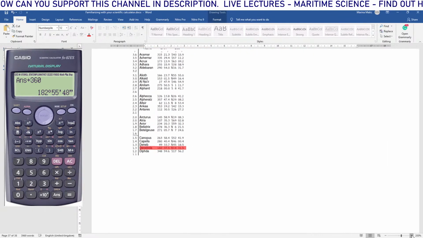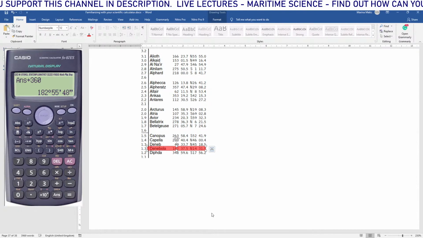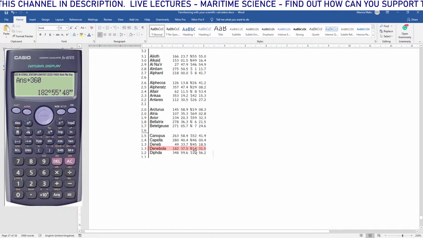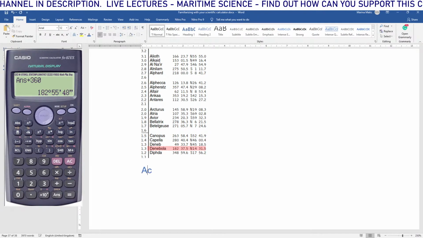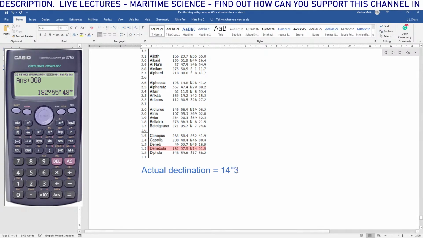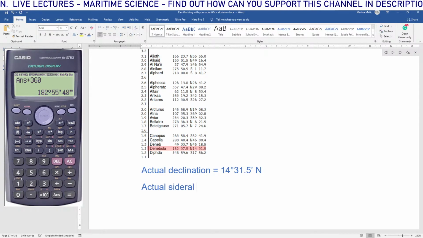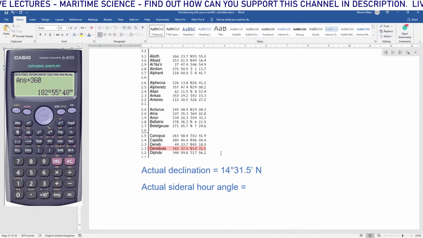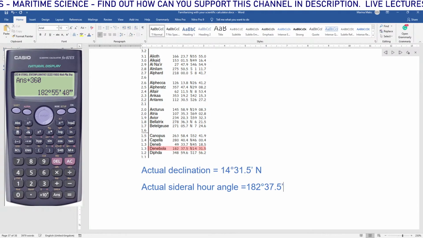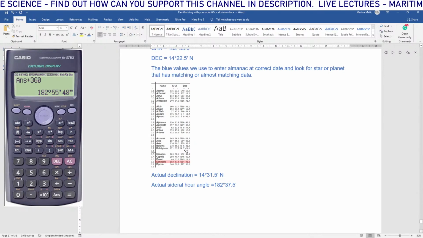So here, let me zoom in. You see the nebula? Let me just take the opacity of this higher. Okay. So you see the nebula has declination of 14 degrees 31.5. So actual declination is 14 degrees 31.5 north, and actual sidereal hour angle is 182 degrees 37.5 minutes. So when we are looking for an object, we look at the declination column and then we see